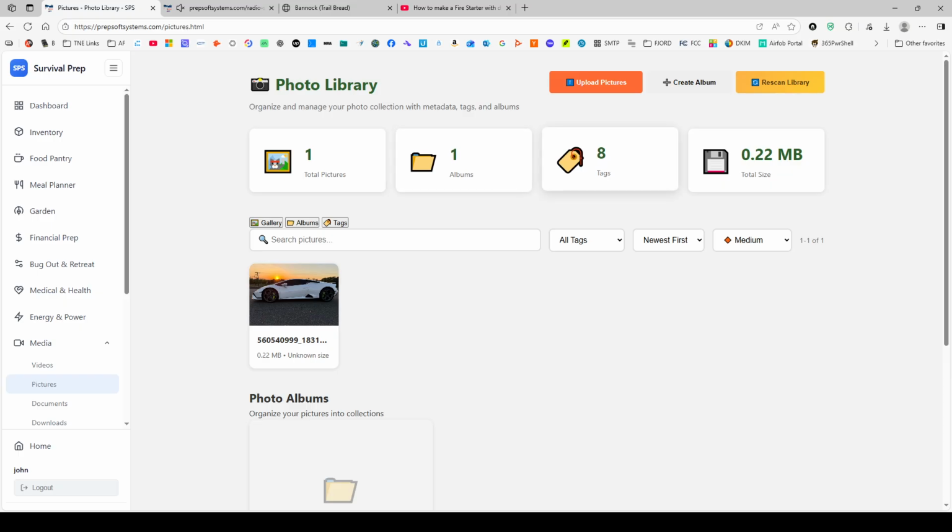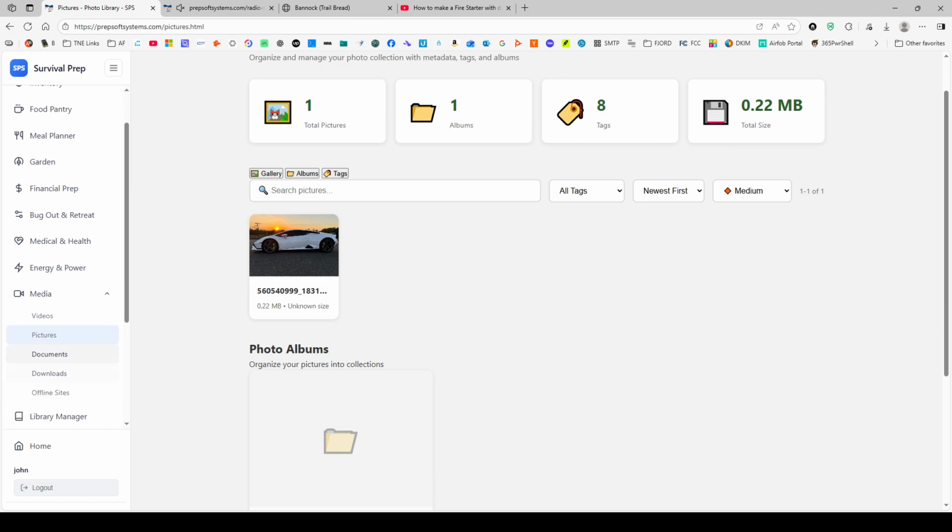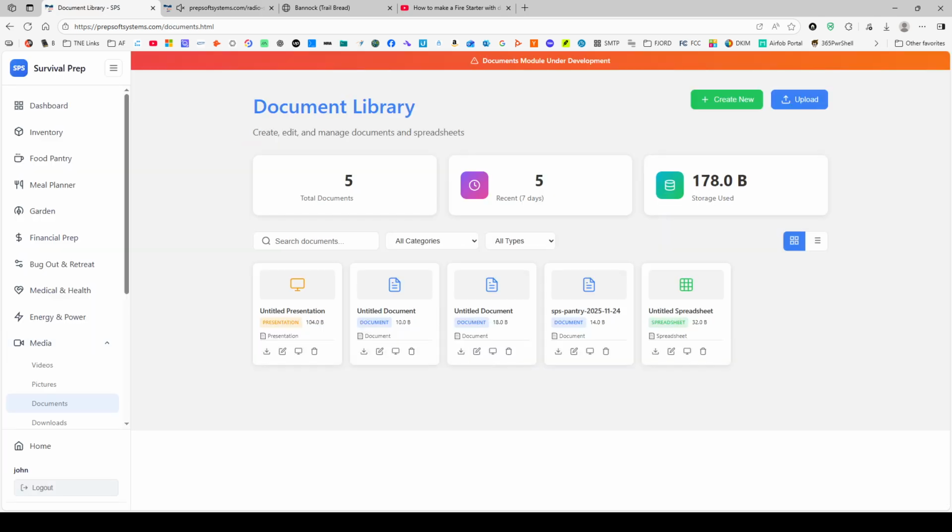It'll also give you some information on how much storage you have or are using. We have the next module, which is documents. This is something that I'm actively working on right now. There's LibreOffice, and there are many open source libraries out there. Now, the thing is that